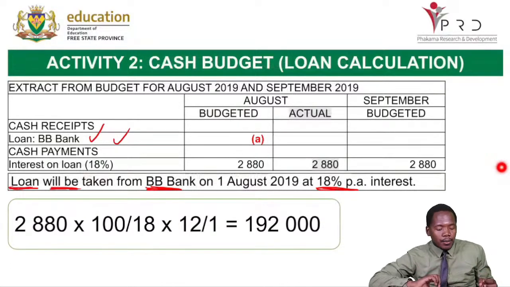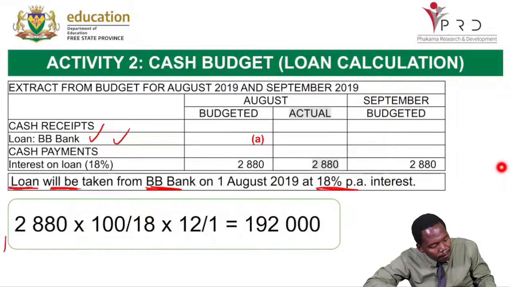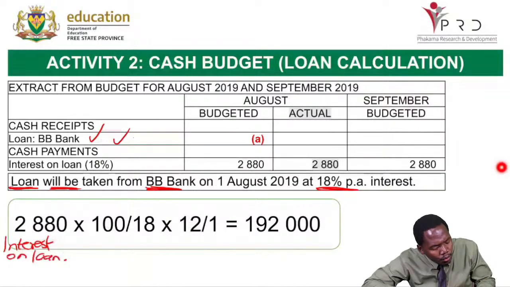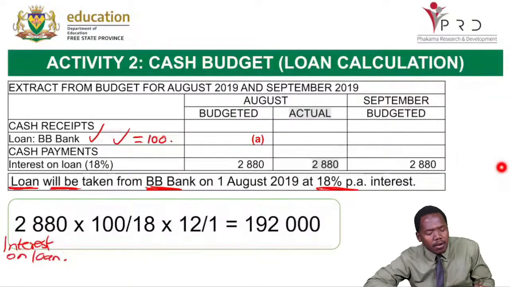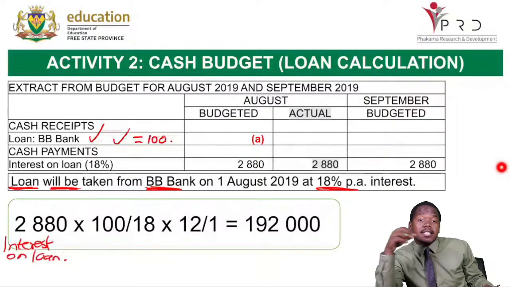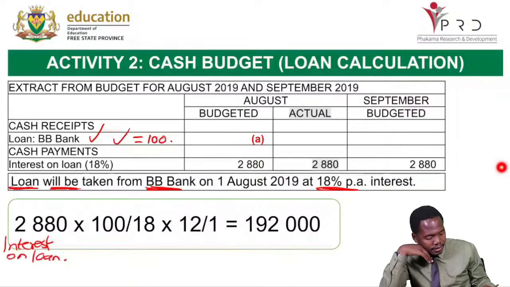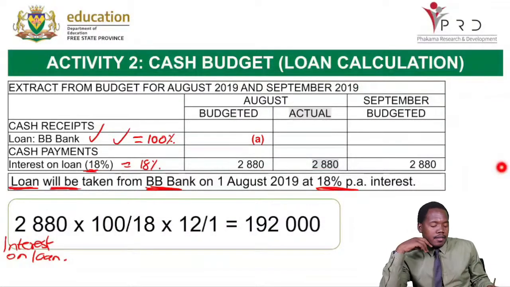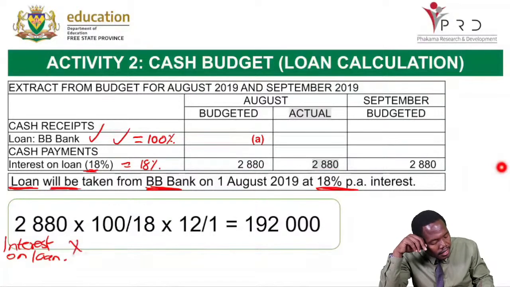Now, how do we do this? We take the money for interest on loan, multiply by, when you are looking for loan, it is the same as the 100% of the amount, because the interest is only taking 18% out of the 100%. Meaning this is 18%, this is 100%, as stated. Okay, so I am looking for loan